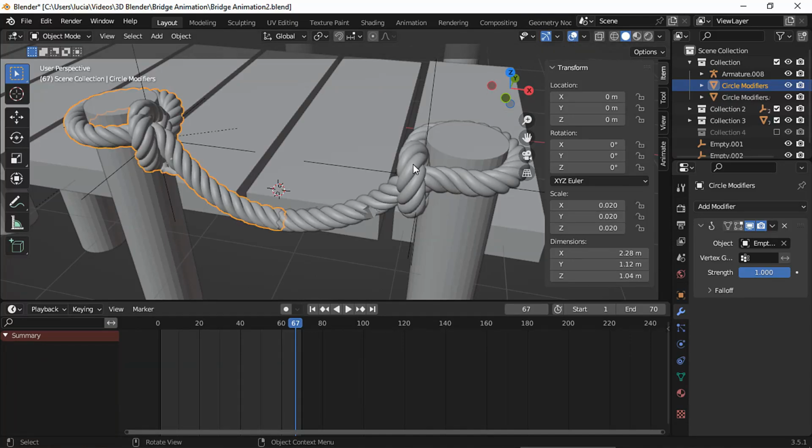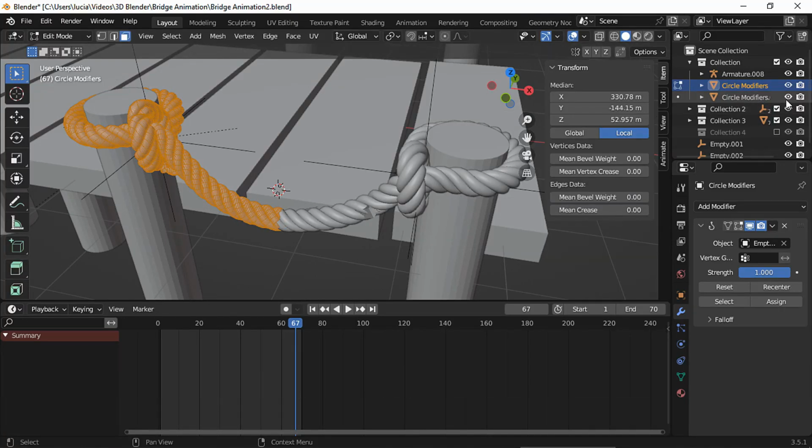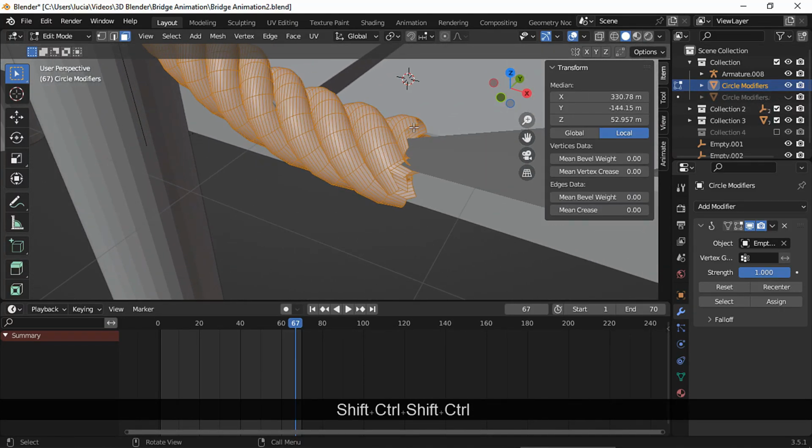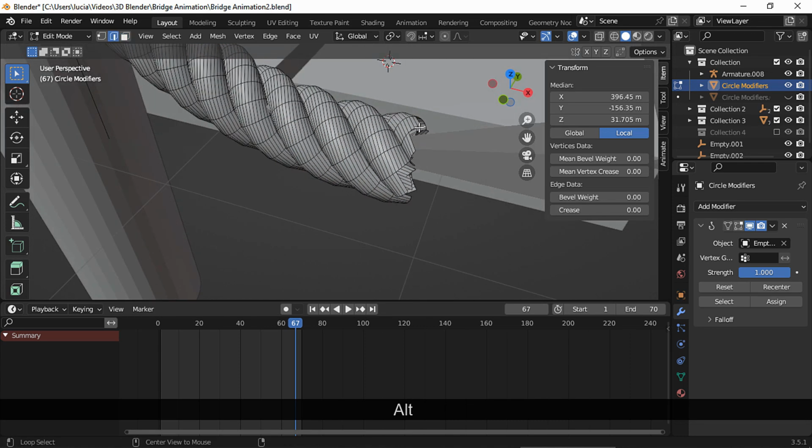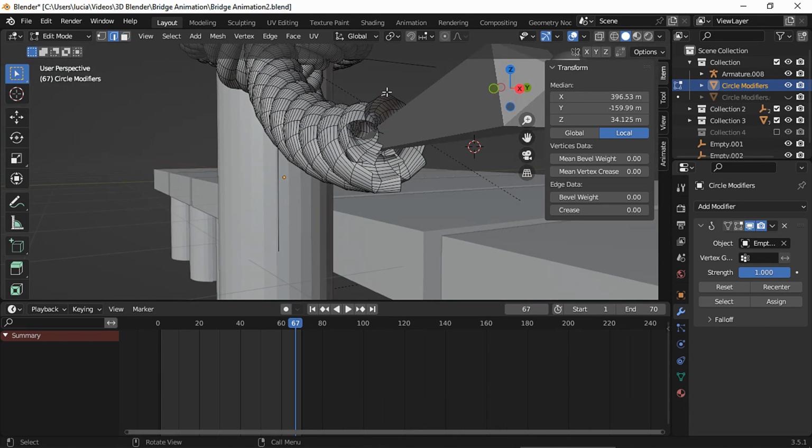If you're a bit of a perfectionist, you can feel the open edges of the rope. I did this only to one half since the other one wasn't visible from my camera angle.